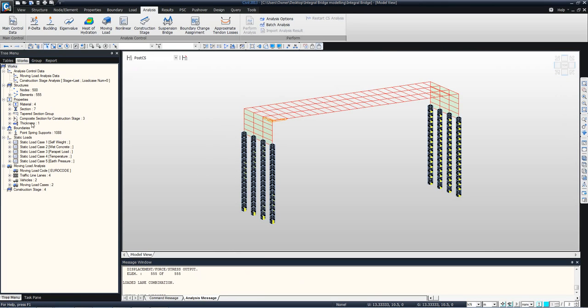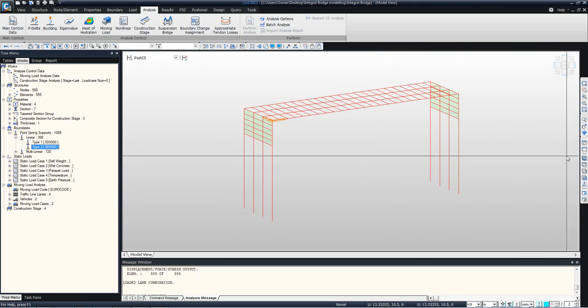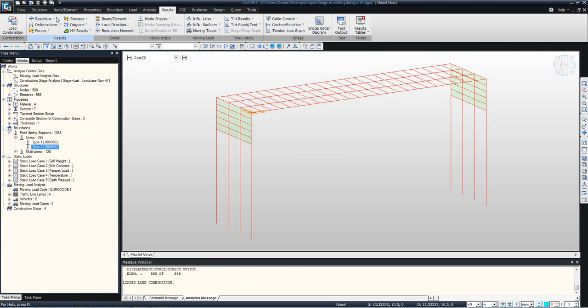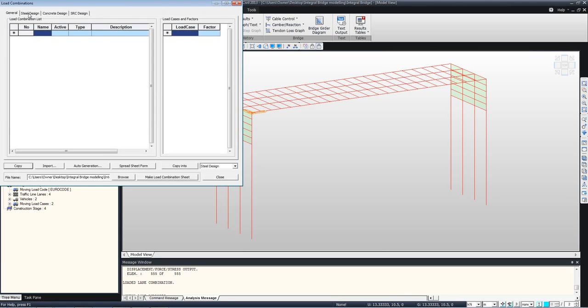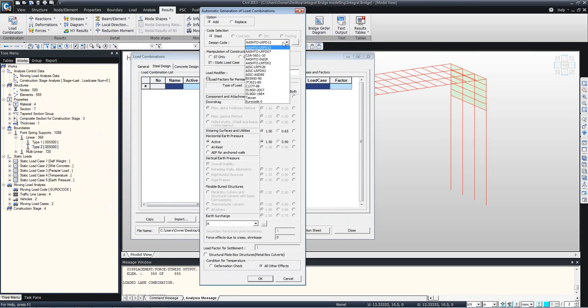Okay, I'll just check off all the boundaries so that it's a bit clearer on display. Now see the results. We can create some load combinations. So results, load combinations. If we want to do steel design, we create a combination under steel design. Select steel design here, auto generate, select Eurocode